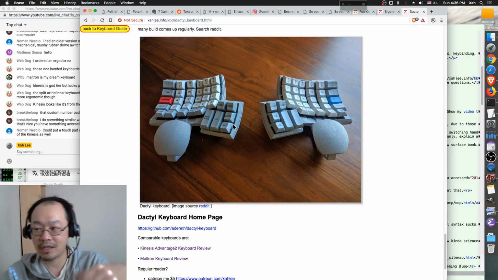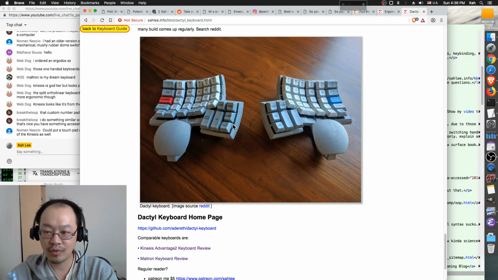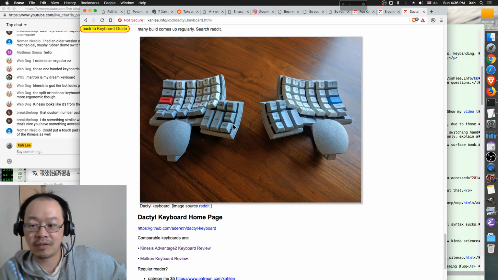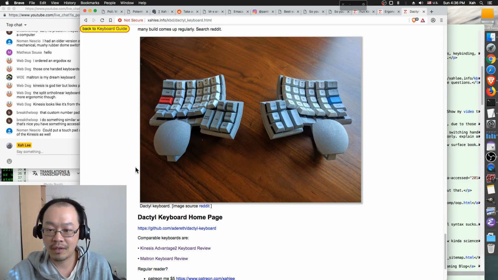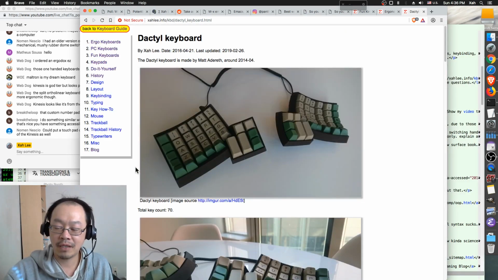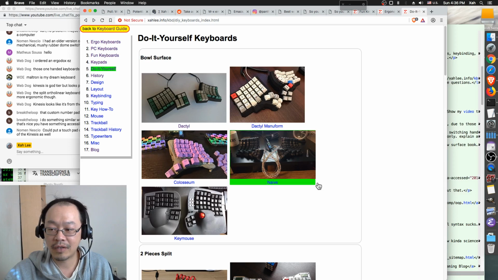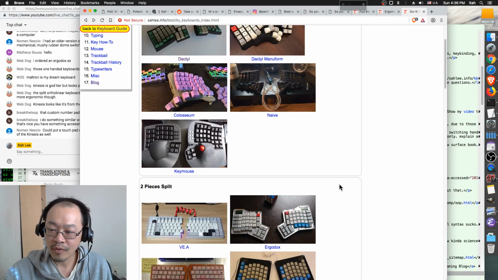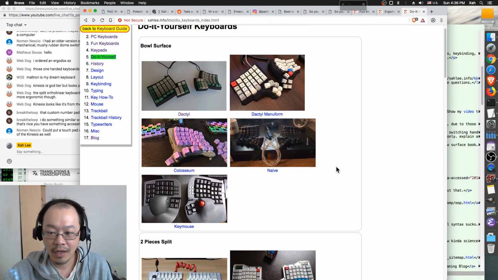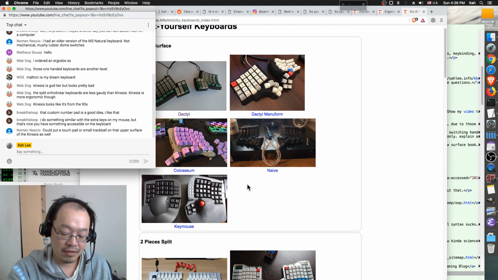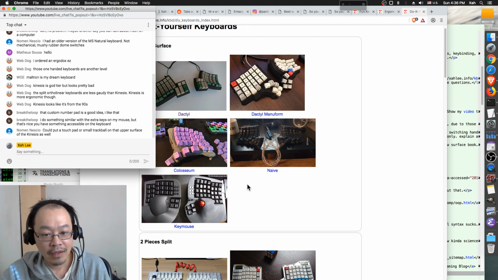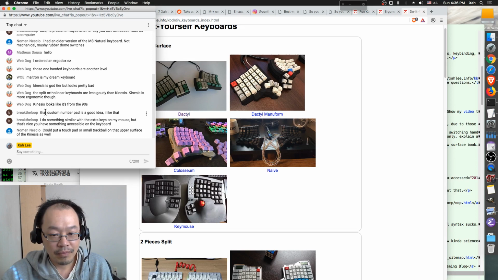Now, if you are interested, you go to Reddit r/mechanicalkeyboards, and you can see all the groups, keyboard fans and people. They talk about that, and also they announce meetups over there. Or you can ask people. People will tell you. And they have them in other countries as well. I know they are in Japan. I know they are in Australia. So Breakthrough says the custom number pad is a good idea.